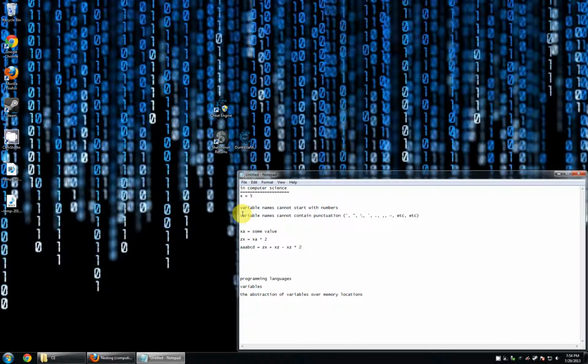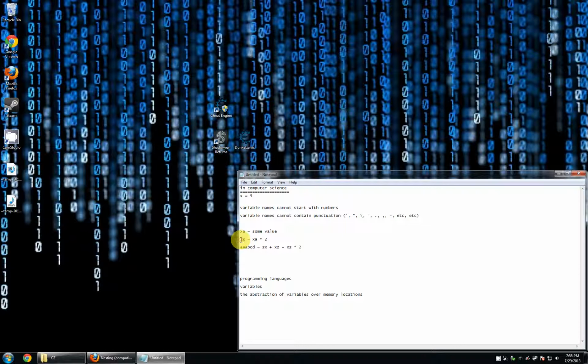The point is that computer science and programming in general is a somewhat esoteric and convoluted topic. Especially when you're writing programs and they start getting to thousands of lines and are complex, you have a ton of variables and methods and functions floating around. If you name them all XA, ZX, AABCD, someone else is going to come in and start reading your source code. There's no way they're going to know what AABCD is